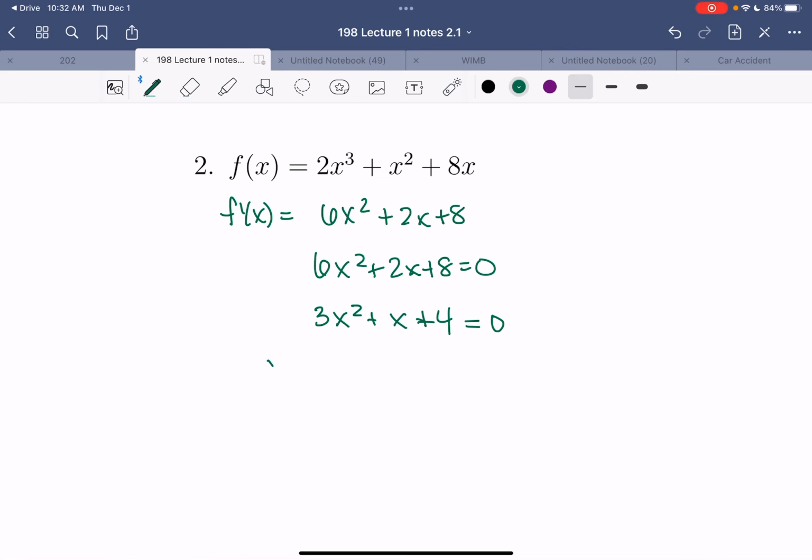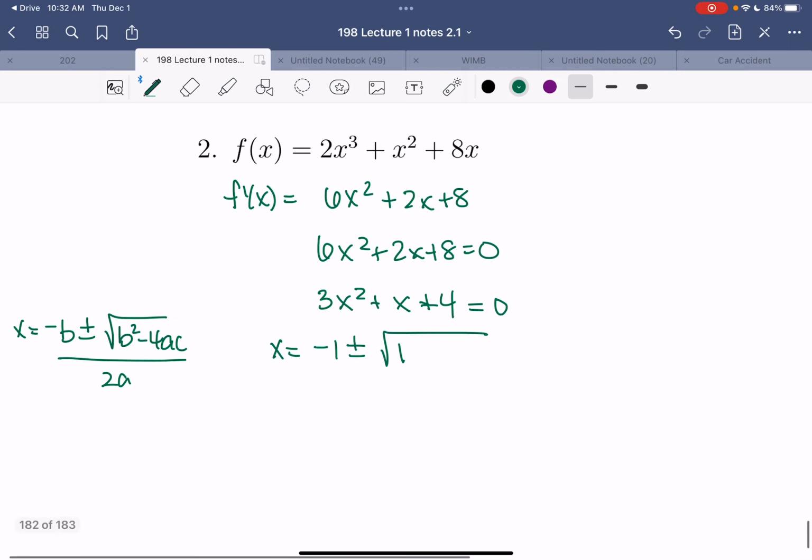So x is equal to negative 1, which is your negative b. So your quadratic formula is negative b plus or minus the square root of b squared minus 4ac all over 2a, right? Where the a is the number in front of the x squared, the b is the number in front of the x, and the c is the number that's constant. Okay, so my b here is just 1, so I have negative 1 plus or minus the square root of